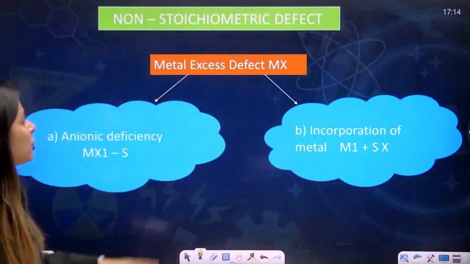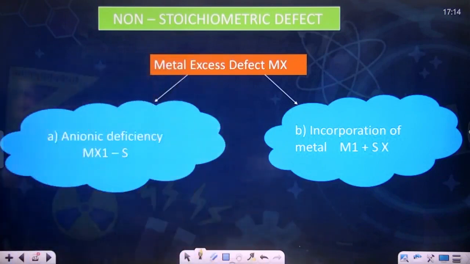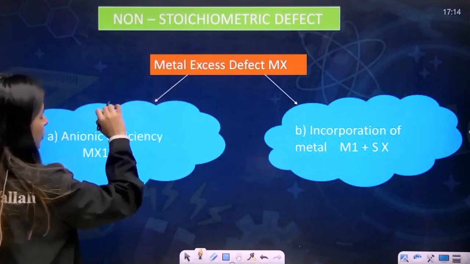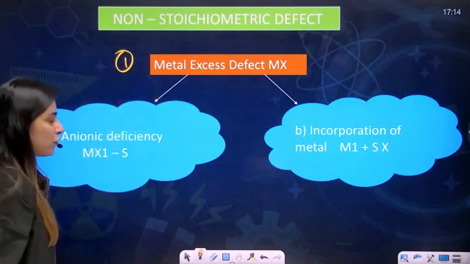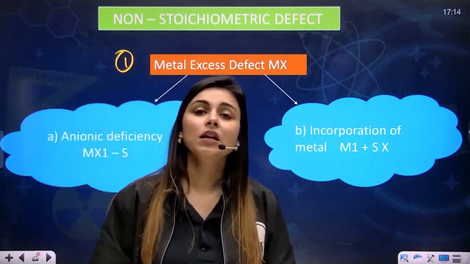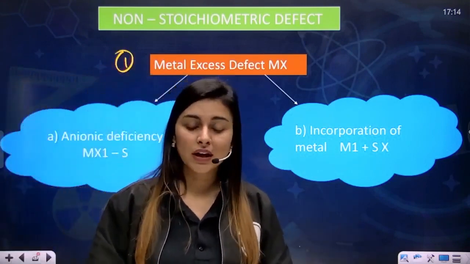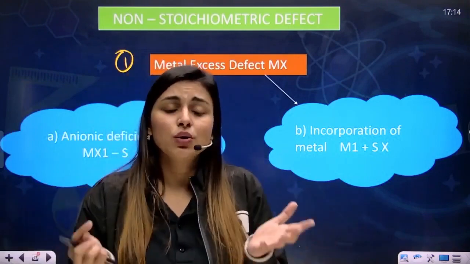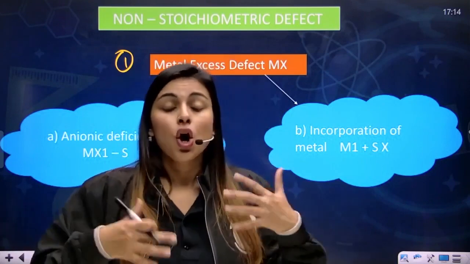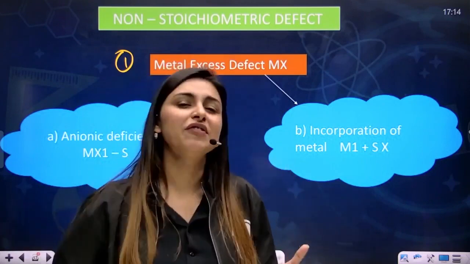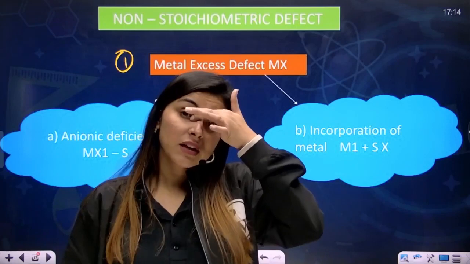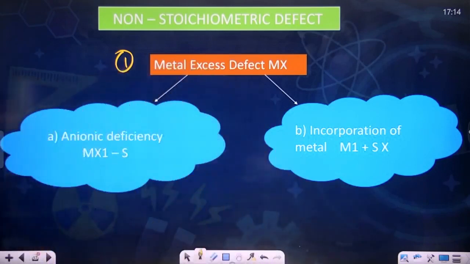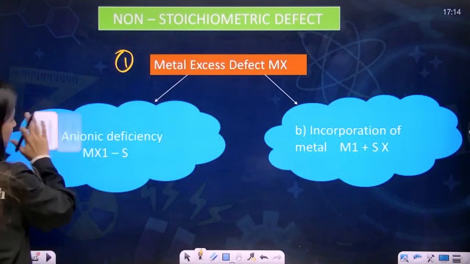That is something we have written, that in non-stoichiometric defect, we will talk about metal excess defect first, and then we'll be discussing metal deficiency defect. Now how can metal excess take place? Ma'am, either you have added more of the metal to it, or the existing metal just left its position and you got the metal excess defect, right? Yes. So majorly your metal excess defect can be one due to anionic vacancies,